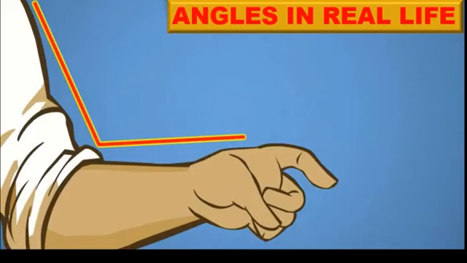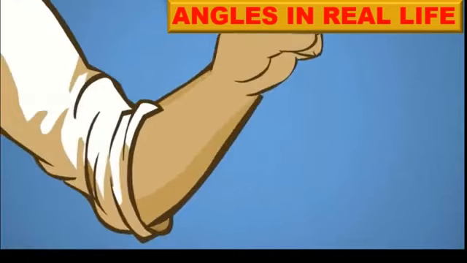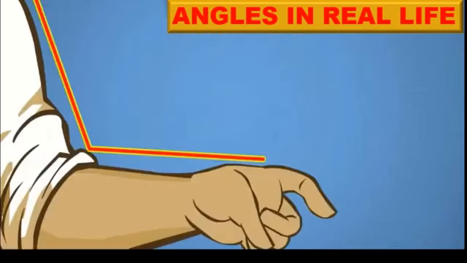This is our hand and we are folding the hand in different positions. Angle is formed. See here one more position. See the angle, because here also two lines are meeting at one point, and at that point we can see the angle. Right? Now you came to know about angle formation. Once again I repeat, when two lines meet, an angle is formed.